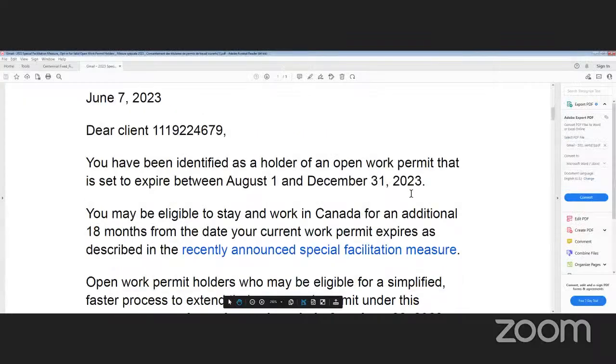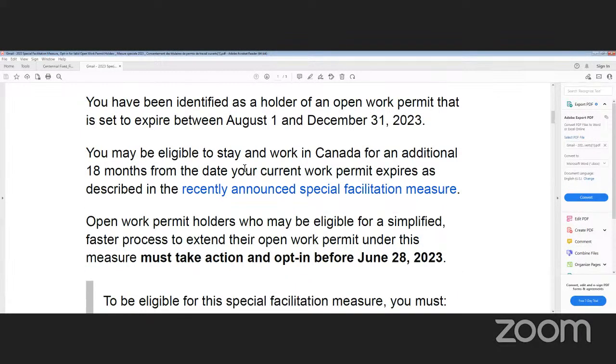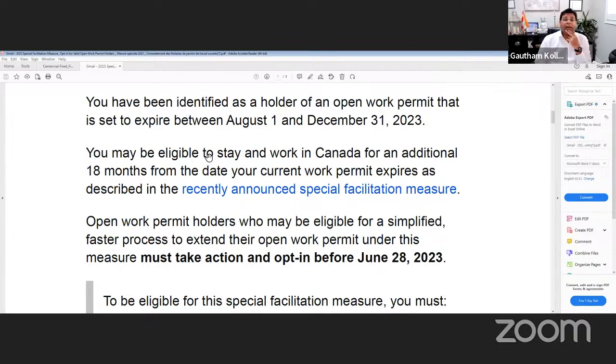Okay, so this is basically what people have received, right? To ensure that your passport will remain valid for at least 18 months past the expiration of your current work permit, you may be eligible to stay and work in Canada for 18 months from the date your current work permit expires. Okay, and does it say anything about your passport?